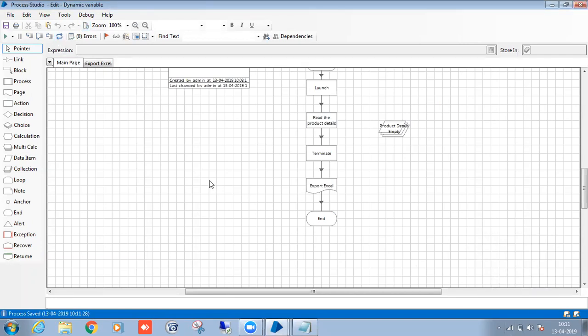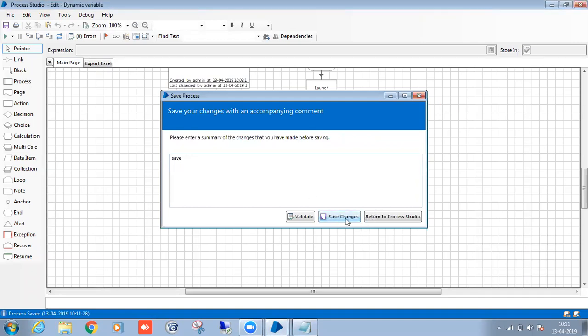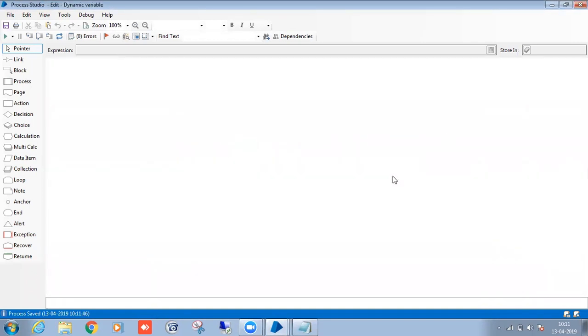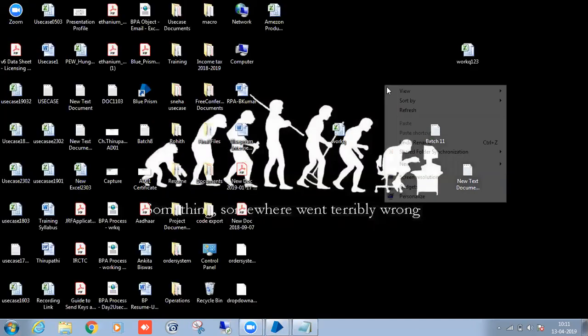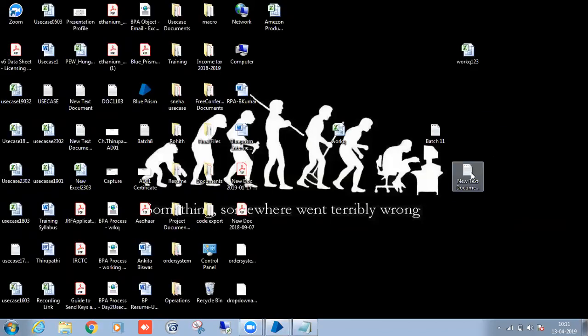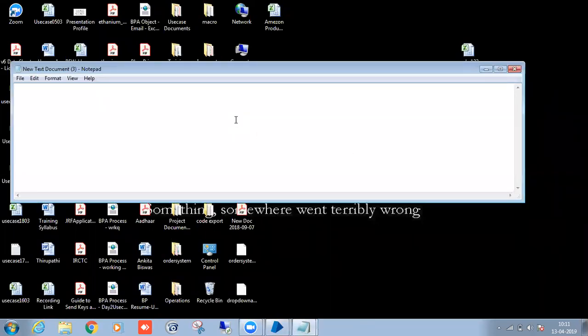Okay, and the next one is surface automation. So today's last topic is surface automation. Okay, so basically, what is surface automation? Actually, there are two kinds of application we have. One is thin client applications and the other is thick client. Thick client applications are nothing but where you will get the spying elements, spying attributes properly. For thin client applications, you can't spy the elements properly. You can't get the product element details properly. So those kinds of applications are called thin client applications.